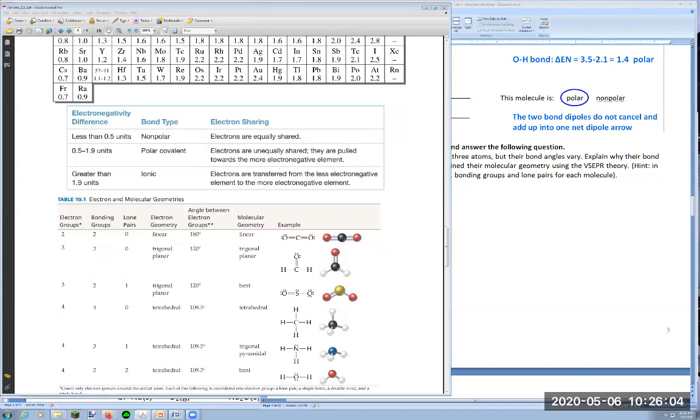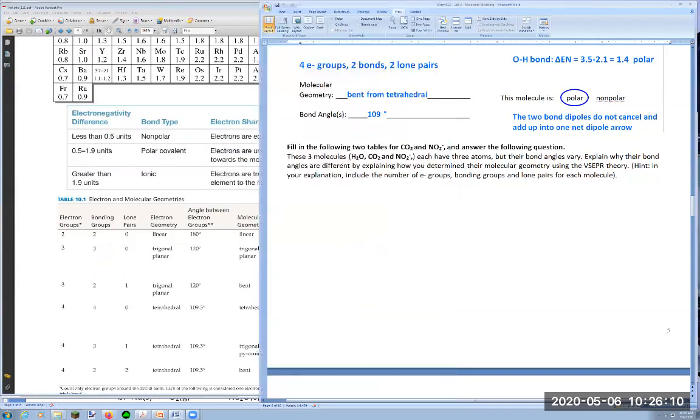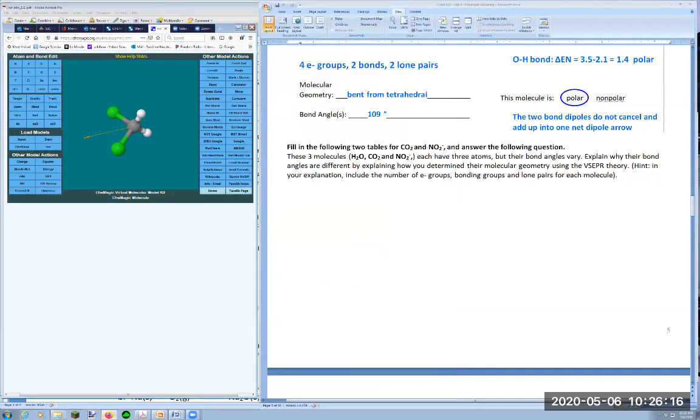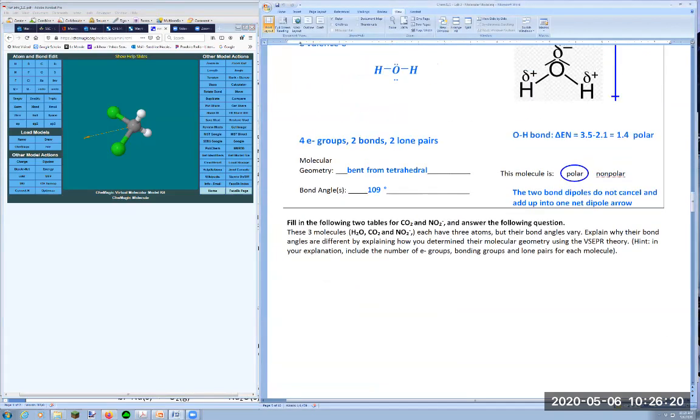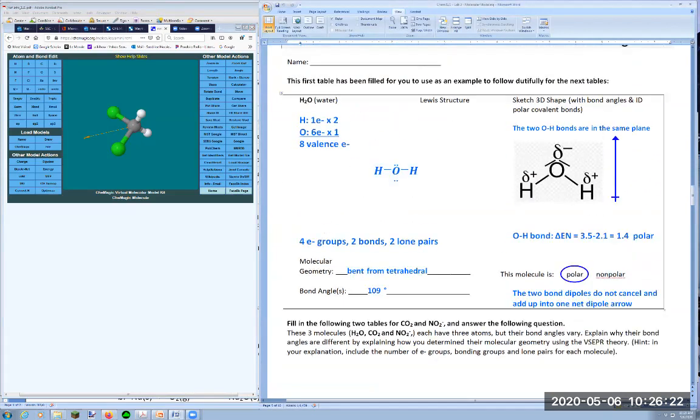Okay, so I forgot the step where you need to go to ChemMagick. You want to verify your work using ChemMagick, so let's go through it. The easiest way to use ChemMagick is to enter the name I gave next to the formulas, and here it's water. So you go to ChemMagick.